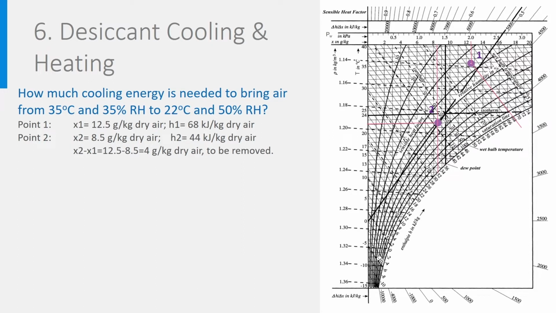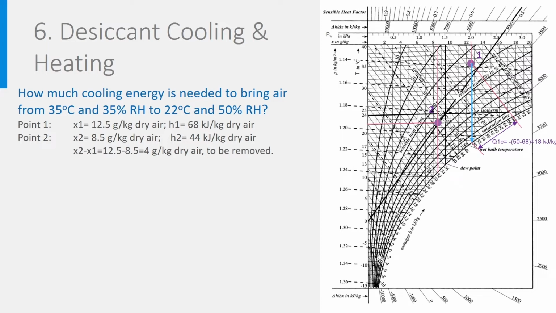But how does the process look like? Can you go in a straight line from 1 to 2? Well, for sure not. It will represent nothing real. The air must first be cooled down from 35 to 17.5, the dew point temperature. We have learned that it goes like that, and will cost 50 minus 68 is minus 18 kilojoule per kilogram energy. A minus always indicates a cooling situation, and we will just say that Q cooling, Q1C, is 18 kilojoule per kilogram.